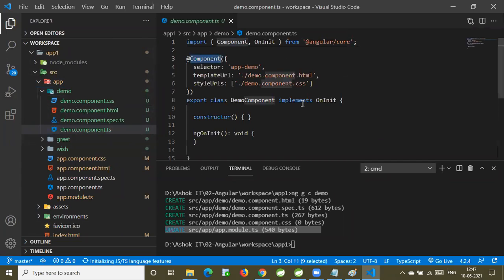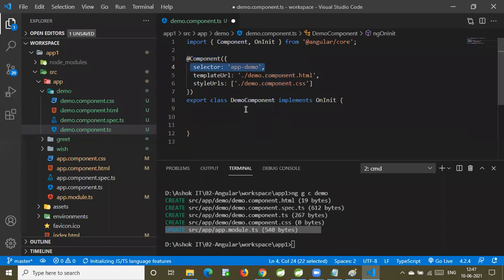What is this? @Component is a decorator. In Java it is called an annotation; in Angular it is called a decorator. Now remove these things, not required. In @Component, selector is available. What is the purpose of the selector? The selector is used to invoke the component. What is the templateUrl? It represents an HTML file that should be rendered when the component is invoked. styleUrl represents a CSS file. The styles that we want to apply for a template we can write in the styles.